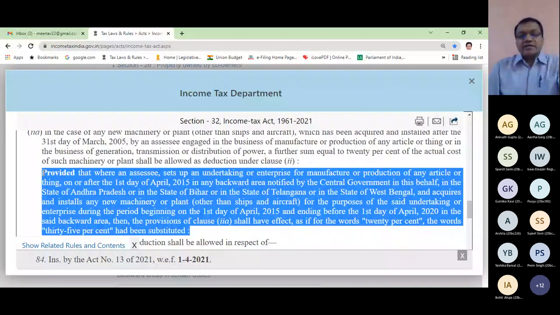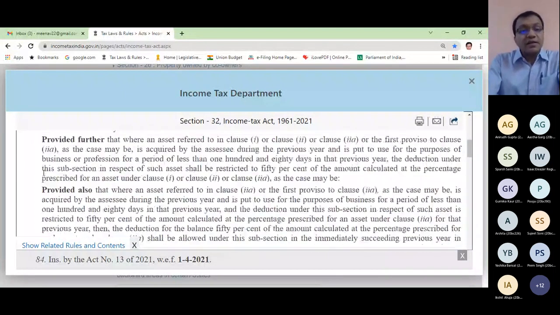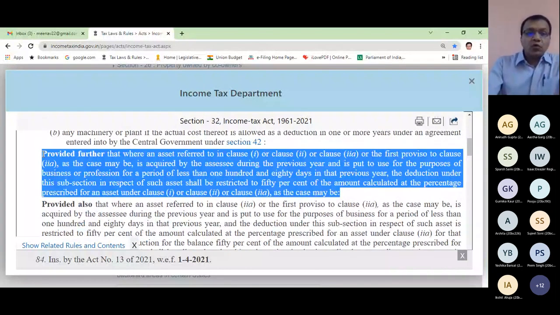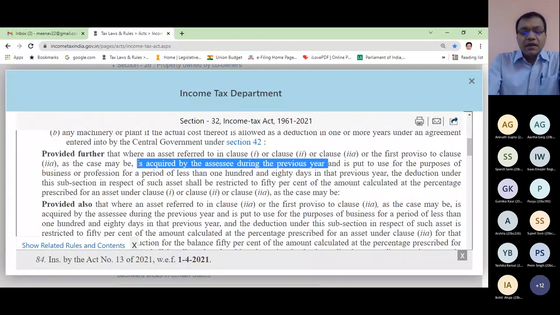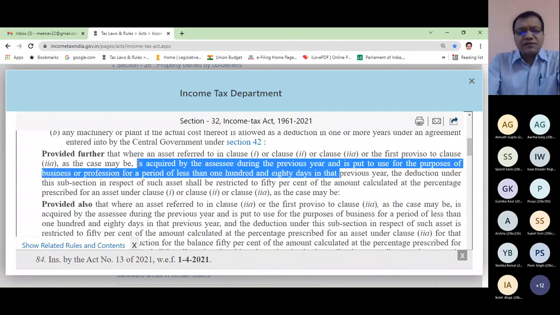So when you read the act, you have to read the entire section. Like explanation is written above, but the clauses are written below. For all these 4 clauses, whether it is clause 1, that means power generation asset, or clause 2, written down value block of asset, or clause 2A, which I have not yet taught you, or first proviso to clause 2A, in all those cases, if the asset is acquired by the assessee during the previous year and is put to use for the purpose of business or profession for a period of less than 180 days in that year,